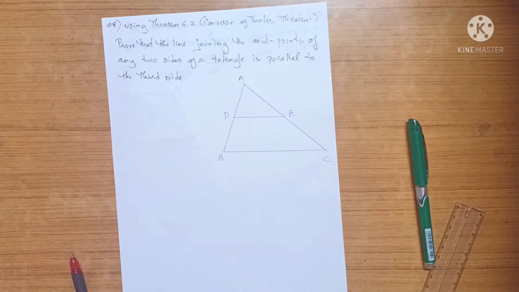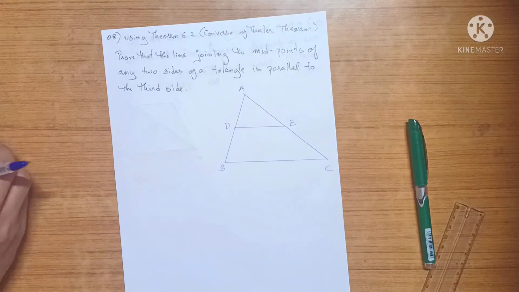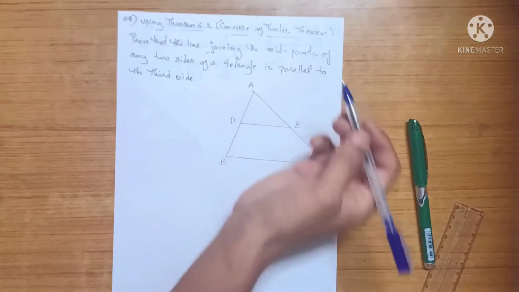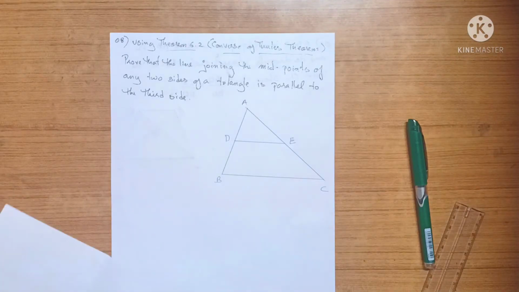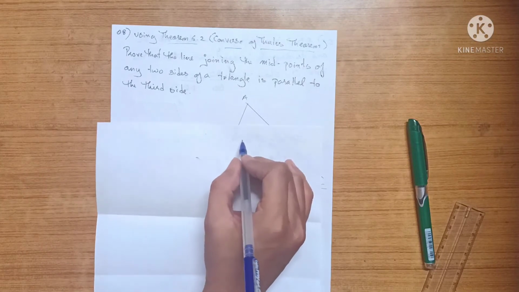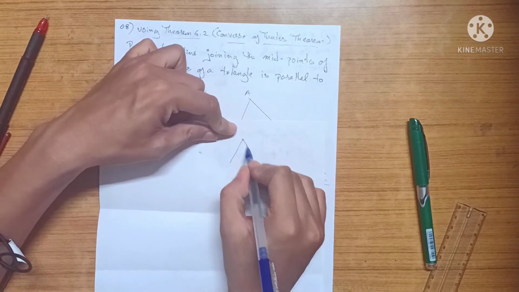Okay, let's do 6.2, question number 8. Let's read the question first. Using theorem 6.2. Theorem 6.2 is the converse of Thales' theorem. So before we go any further, let's review what Thales' theorem was and what the converse of Thales' theorem was. Thales' theorem was when, in a triangle,